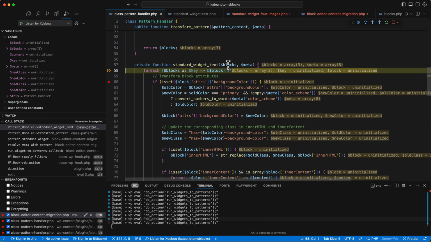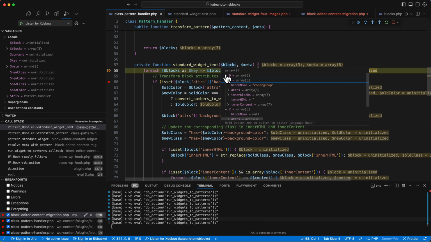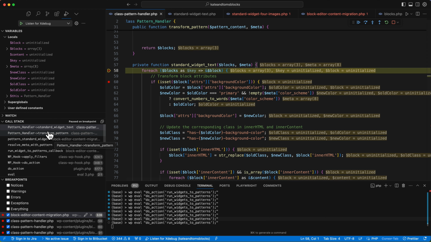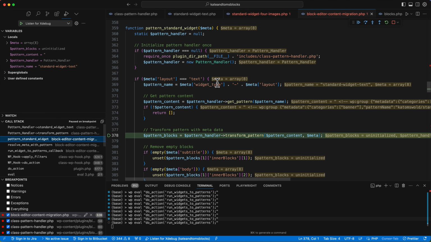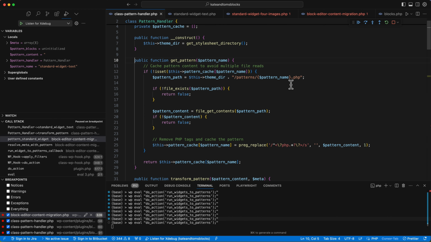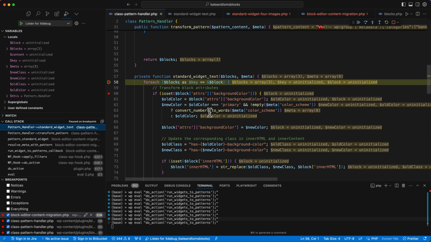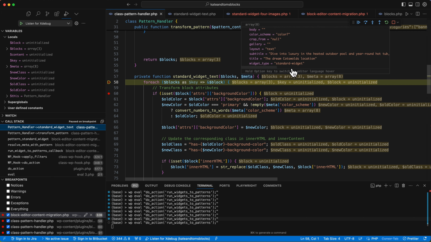There we go. So right here, we've got the content. I think that's the content from my pattern. Yeah, so this is my pattern content. If we just step back through the stack, basically we're getting the pattern from my block theme, and then we're running that pattern through this function here, and then we're replacing the data that comes in from the metadata. So if we have a look at the metadata,